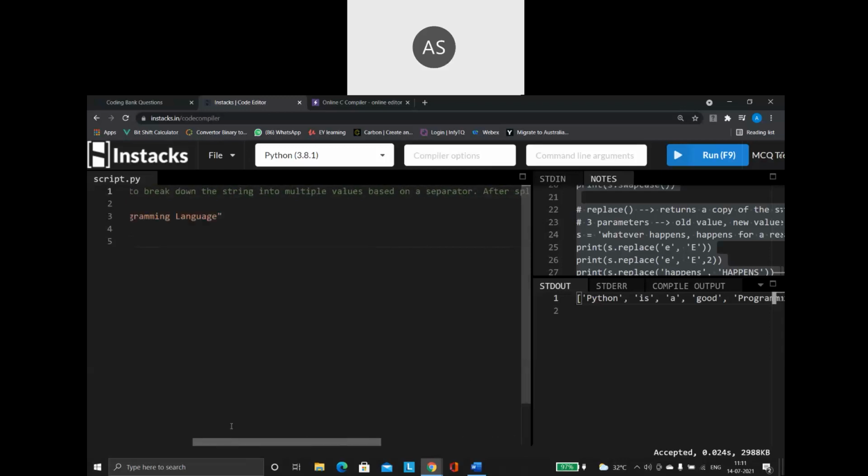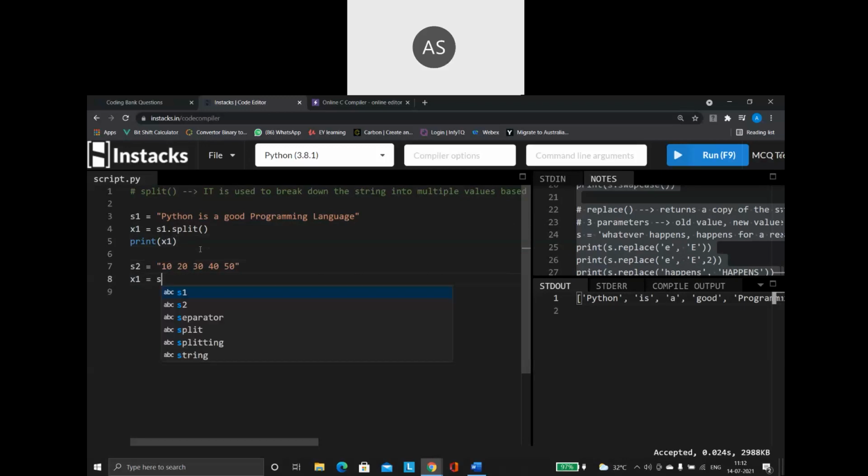Say for example, let us take this another string as s2. I'm saying s2 is equal to 10, 20, 30, 40, 50. Then I'm saying x1 is equal to s2 dot split.